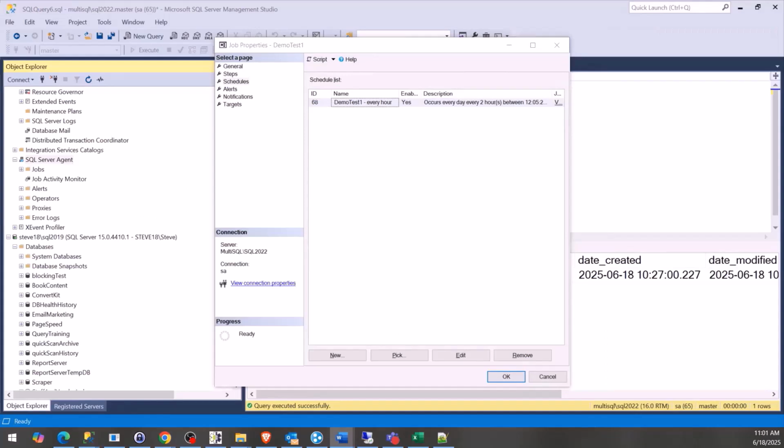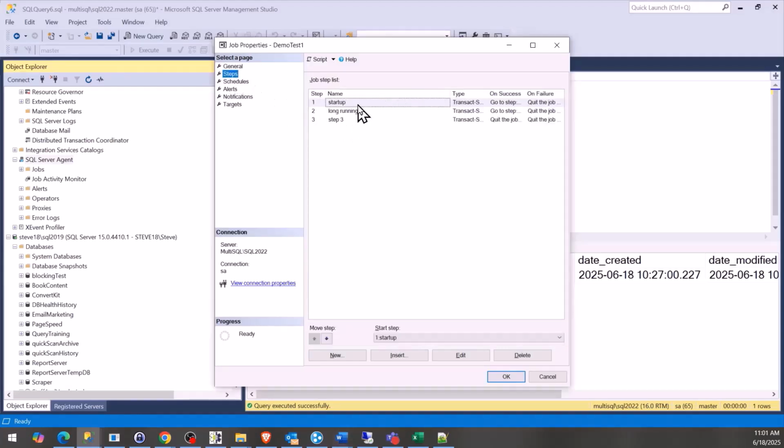Another thing to consider when we're looking at job steps, since we've got this open, let's take a look here. This can get a little bit confusing. But with job steps, we have 3 steps here. When this job runs, you would expect it to run step 1, step 2, and step 3. And that is what it does. But you can do some interesting things, like let's say we added a new step here,